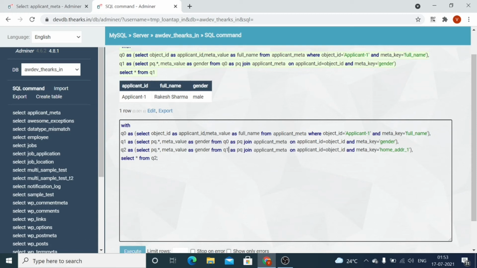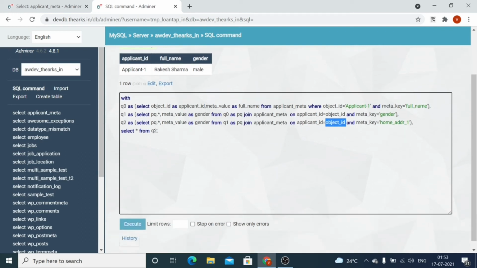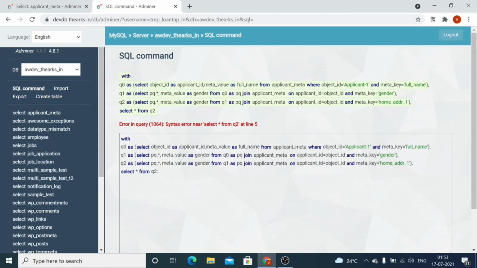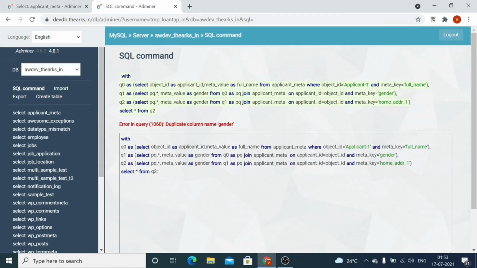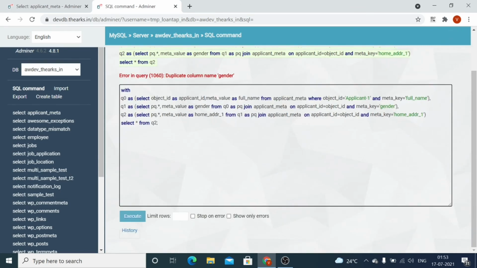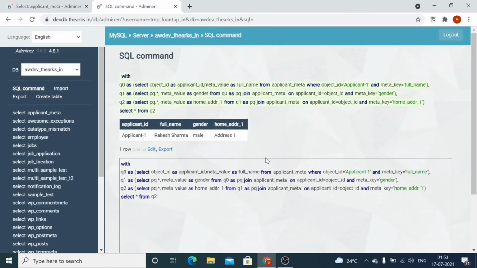So now let's fetch the address one based on applicant ID and the object ID. I have missed a comma in this column. Now the columns are duplicate. Now we will add the home address one. Now you can see the address one is added. So likewise you can add n number of rows with the column. You can store your query result as a temporary